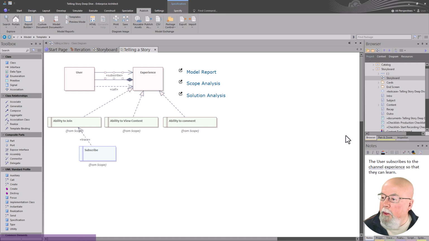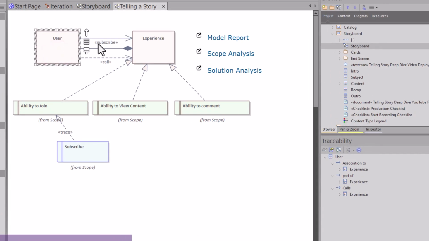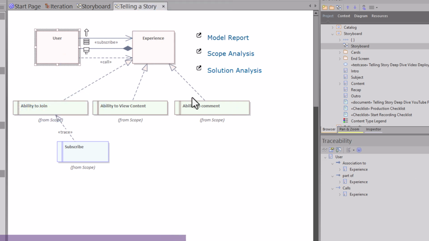And so when we look at, make this a little wider here, when we look at traceability right here, and we select user, we can see that user is associated to experience. We can see using aggregation that user is part of experience. And then we can see the dependency, user is dependent on experience,